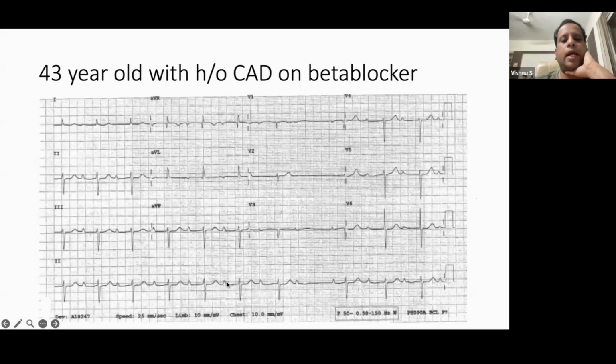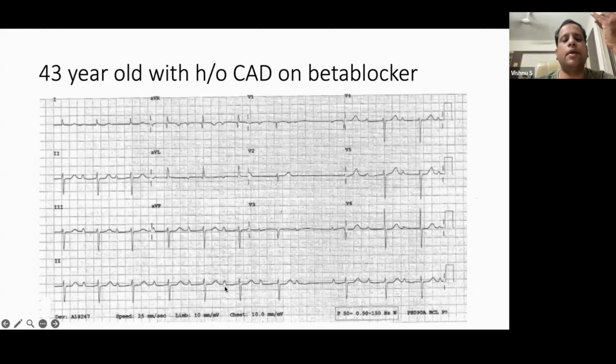And there will be gradual prolongation of the PR interval, and there will be gradual reduction in the RR interval. RR will be gradually reducing. It is subtle here, but it's reducing. These four things will define the Wenckebach phenomenon or Mobitz type 1 in second degree AV block. So gradual prolongation of PR interval and decrease in RR interval, and